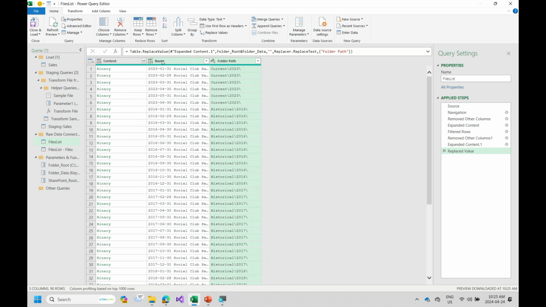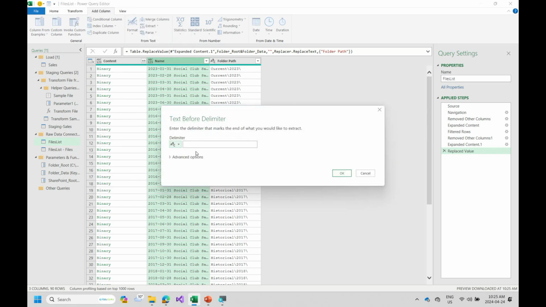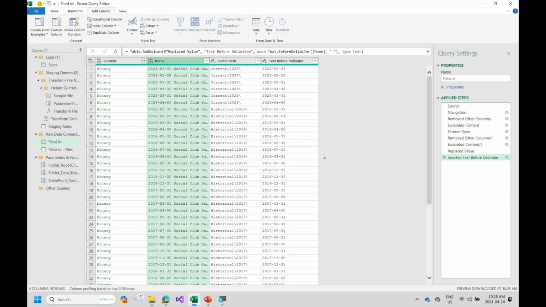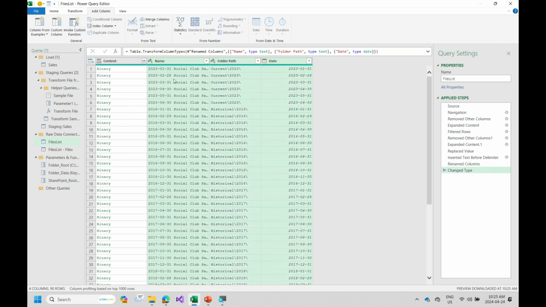Okay. I now need one more column. So I'm going to grab this one. We'll say add column, extract, text before delimiter. I so wish this existed when I wrote my first book, but it didn't. And I can't remember if I put it in the second book or not. We'll rename this one to date, Control A, detect our data types. Actually, let me do that on these guys here. Detect data types, there we go. So now the last thing I'm going to do is I'm just going to check,